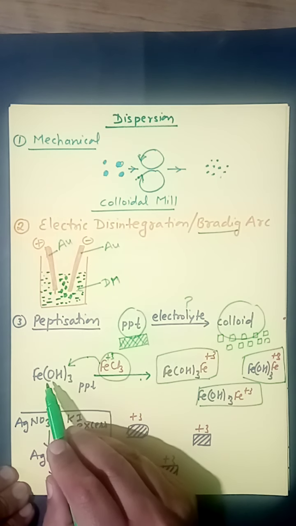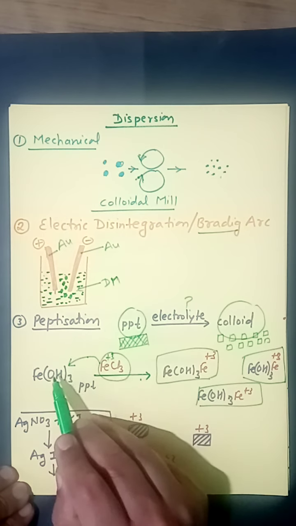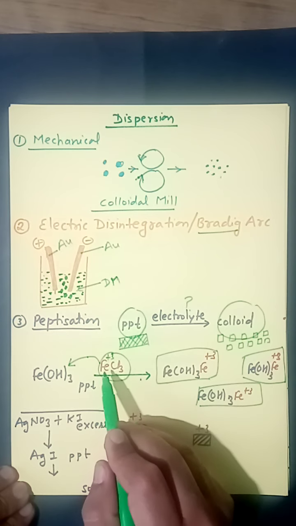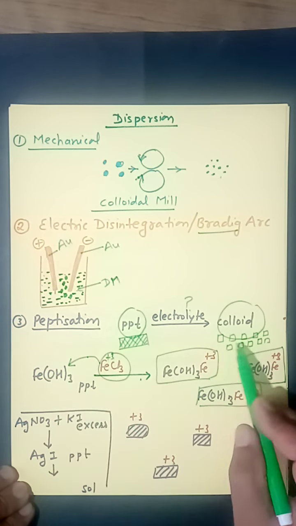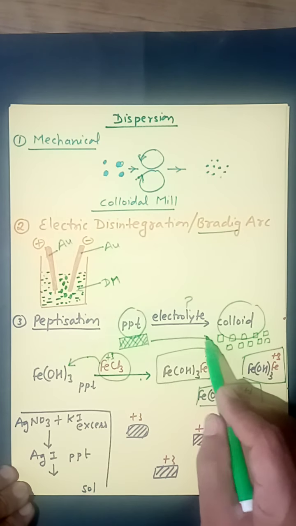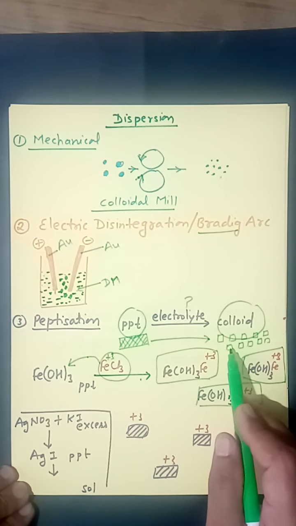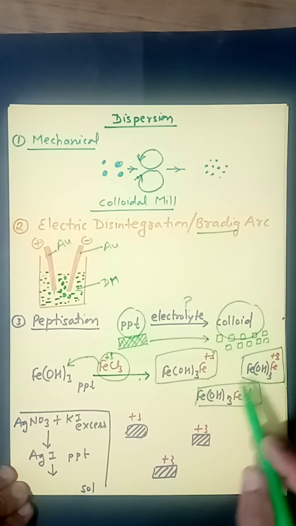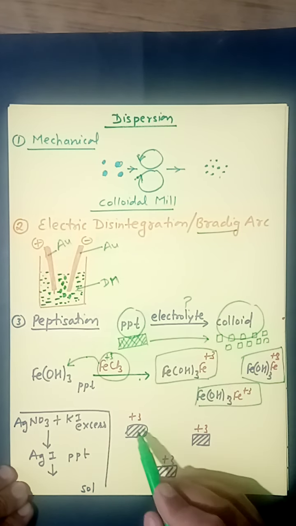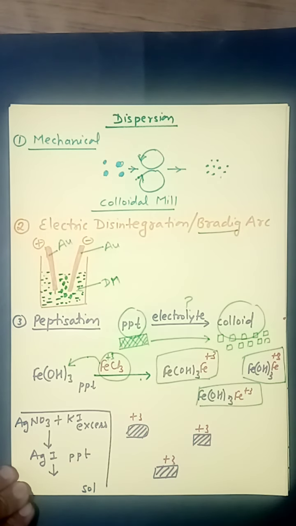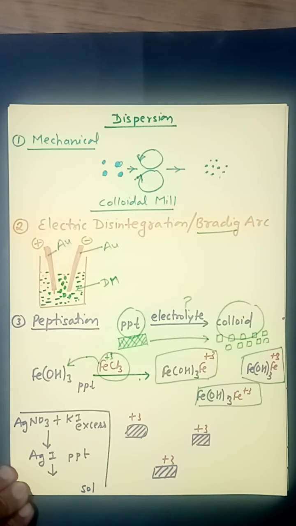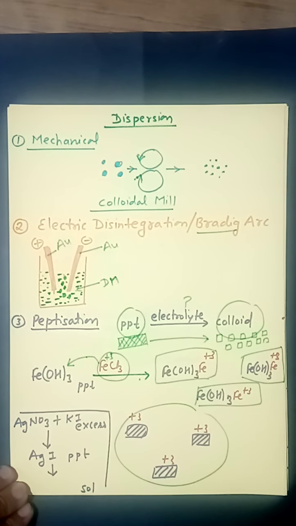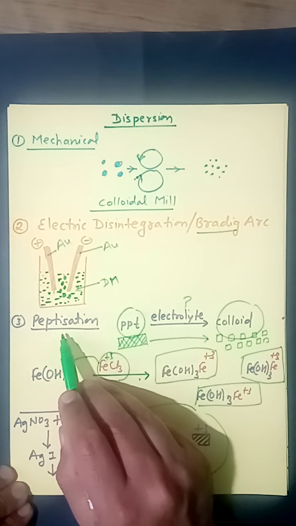So once again, listen carefully. When you shake with this FeCl3, two processes operate during shaking. One, it will be broken down into smaller particles, like the particle we have drawn here. Simultaneously, like ions will be adsorbed over these particles, because now all particles are like charged, like here +3 and +3. They cannot collapse or aggregate with each other due to like charge, and therefore it exists as a colloidal sol. So this is peptization.